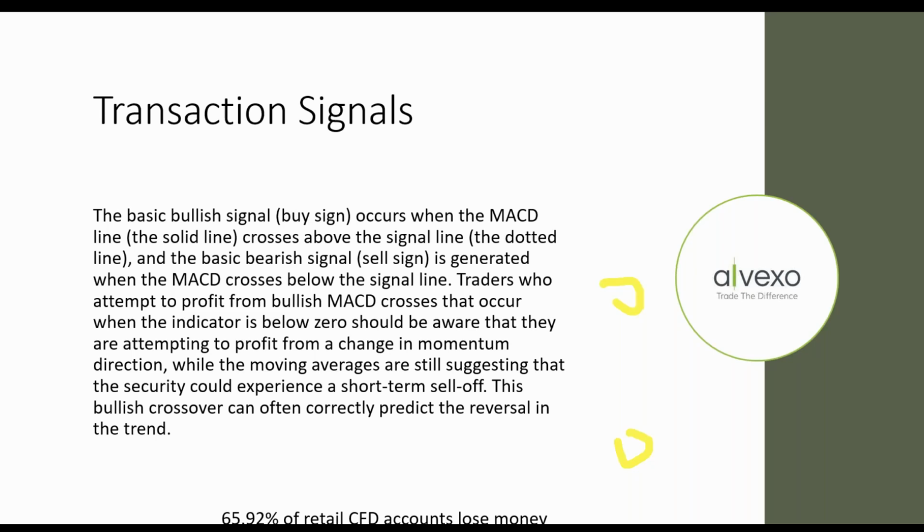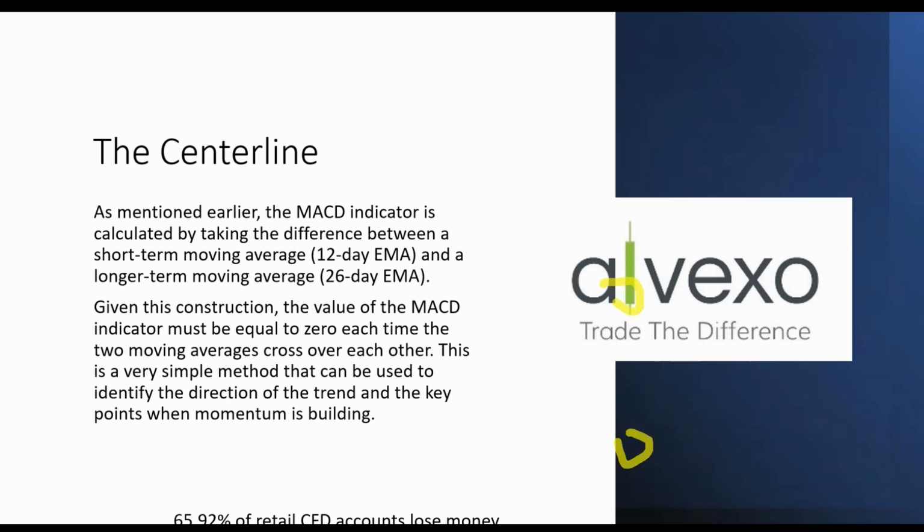And it generates a buy signal. When it crosses the other way, it generates a sell signal. And we also want to watch the center line. As mentioned earlier, the MACD indicator is calculated by taking the difference between a short-term moving average and a long-term moving average. Given this construction, the value of the MACD indicator must be equal to 0 each time these two moving averages cross. And to me, that is the most important piece of information you get with MACD,